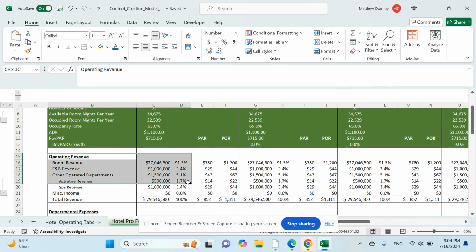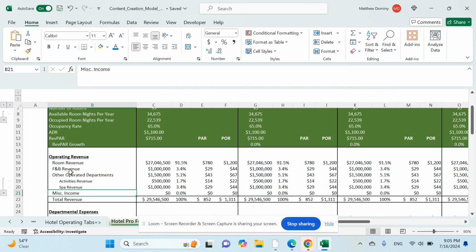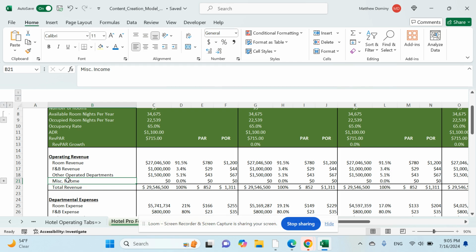The first section is operating revenue. USALI sets forth four major buckets: room revenue, F&B, other operating departments, and miscellaneous income. Room revenue, F&B are, I think, pretty self-explanatory. Other operating departments could be golf course, spa, gift shop. Miscellaneous income is things like commissions, space rentals, interest income, basically income that's not derived from you running the hotel